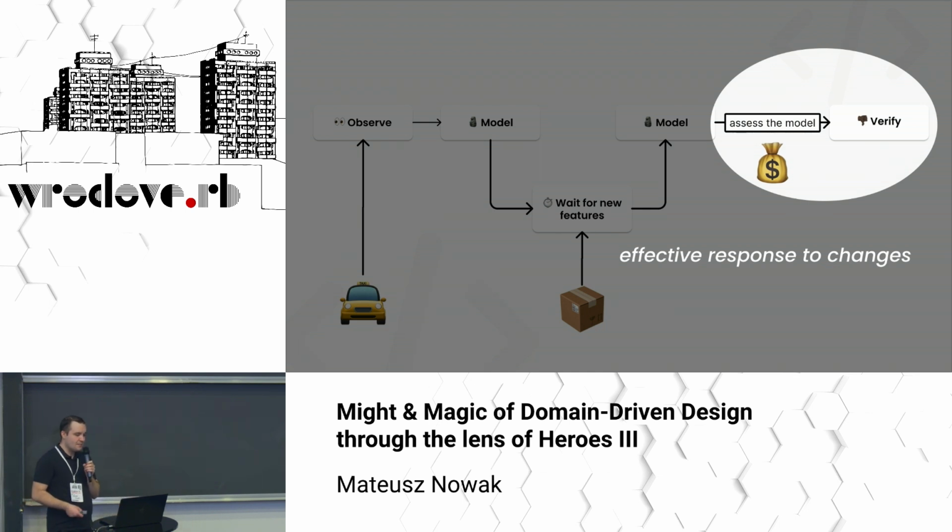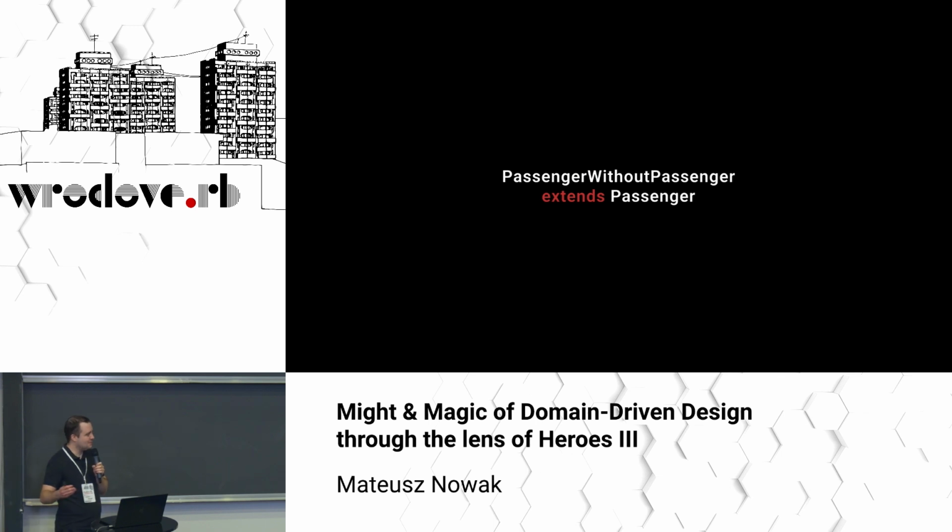And this is the time where you verify if your model was flexible enough to make changes easy. Let's ask yourself, how many places did you need to modify? Have you been ready for the new requirements? Or did you couple the ride with passenger too tightly in the first model? Did you end up with passenger extends passenger to support the package as a passenger? Maybe. I've seen it a lot in legacy applications, and it's not good.